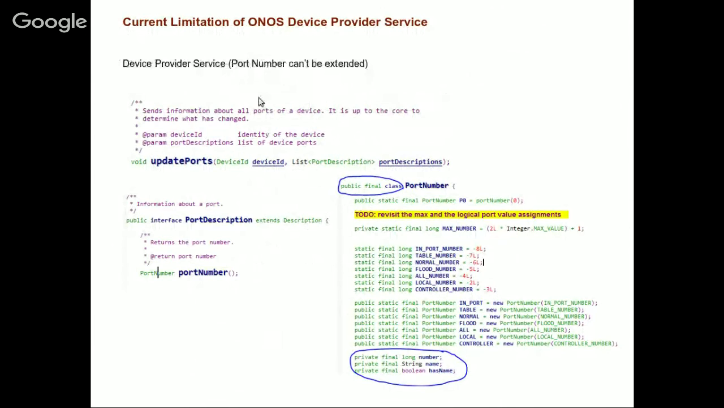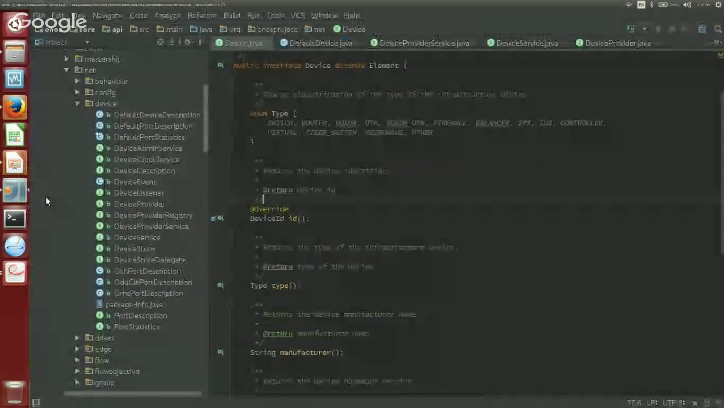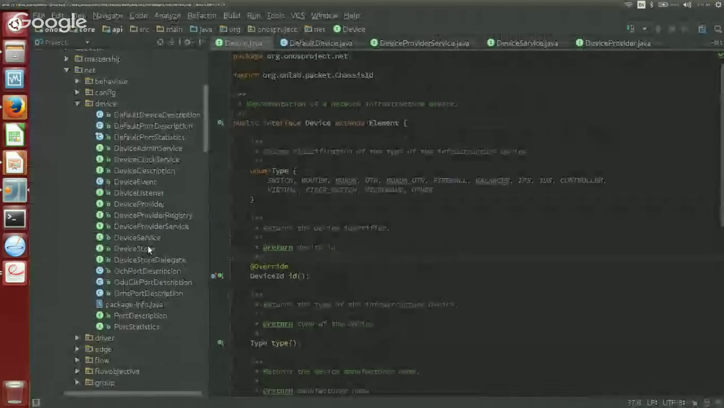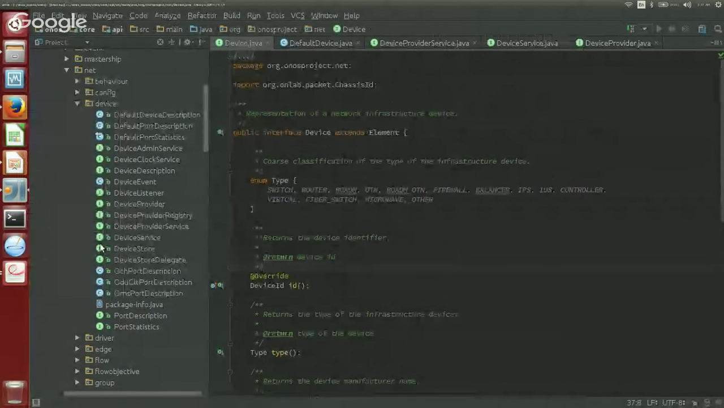interfaces which have been defined. If you see our ONOS interfaces of the device or link subsystem, first I'll talk about the device subsystem. In the device subsystem, the device provider service, we have all the information which is specific to layer one, layer two, basically the OpenFlow switches. So if you take the device interface,